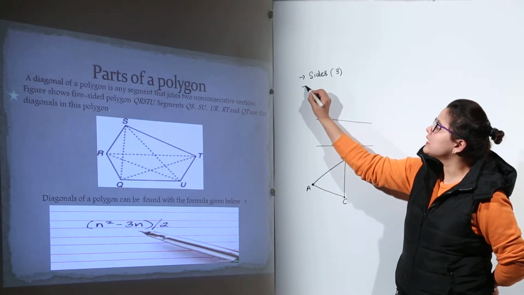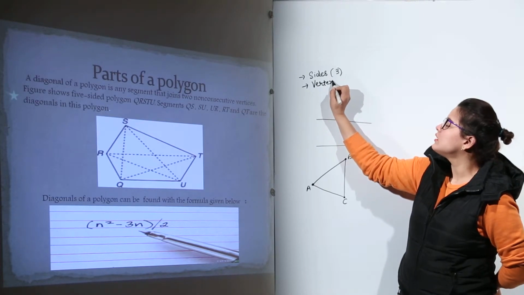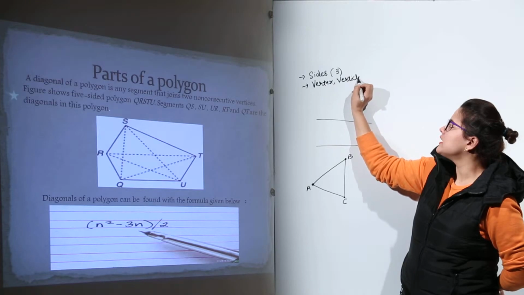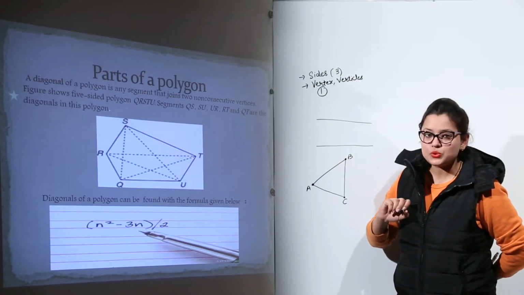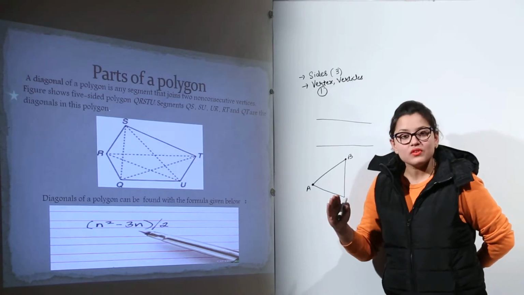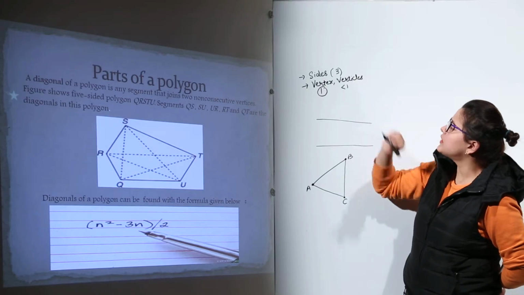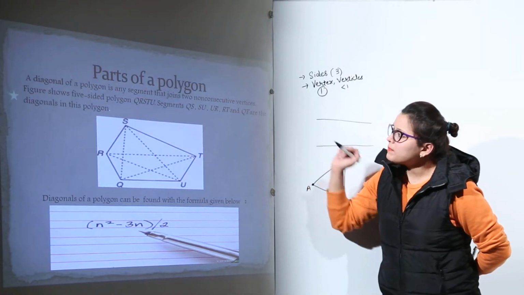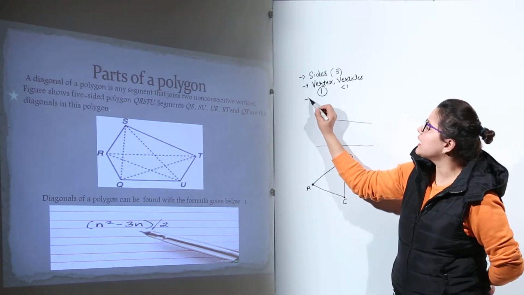The other thing that you require is your vertex, or you would say in the plural form, vertices, right? When there is only one vertex, it is named vertex only, but if you have more than one vertex in a shape, you call them your vertices. Now you can see over here that we have another part of the polygon. The other part of a polygon is your diagonal.